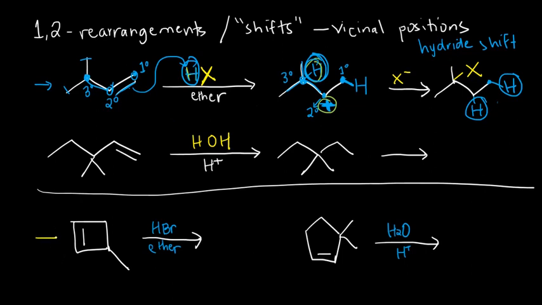For example, let's have this one. Let's say I have this alkene and I add HBr. So how do we usually respond to this? Well, normally what we do is we erase the double bond, right? And then I put my H somewhere and then I put my Br somewhere. Now, let's say that you put your H here and you put your Br here, which is better because what will happen is that